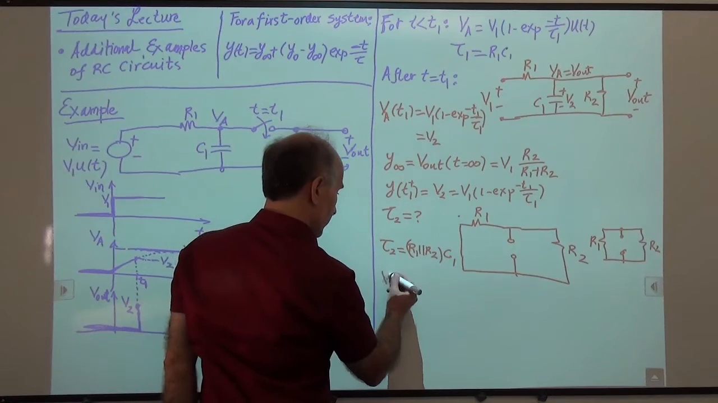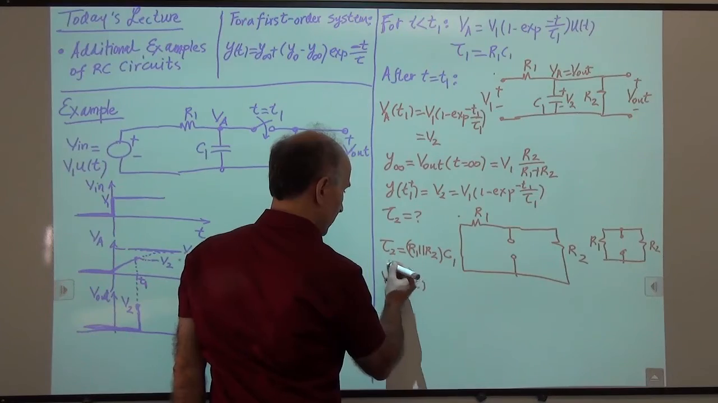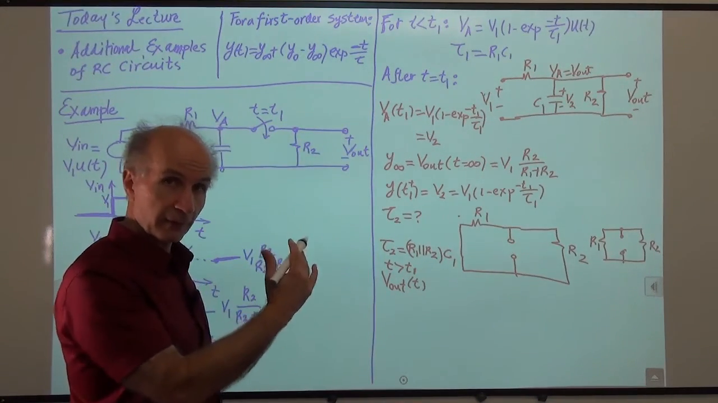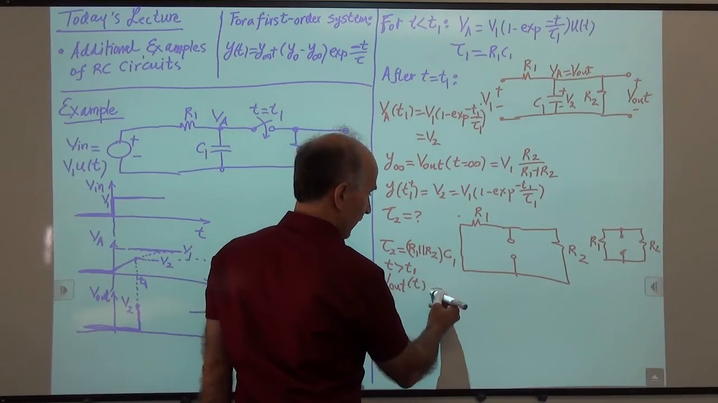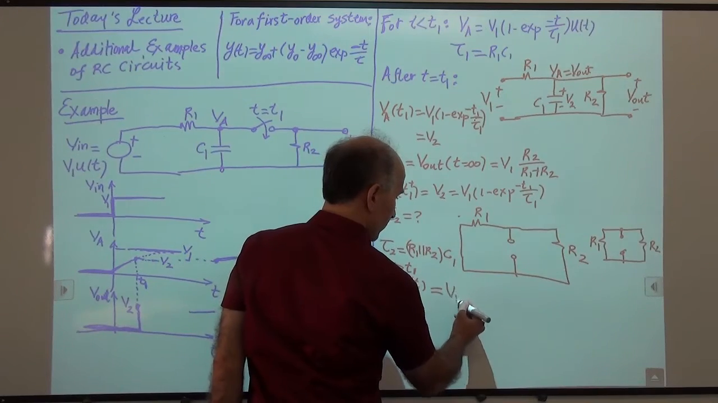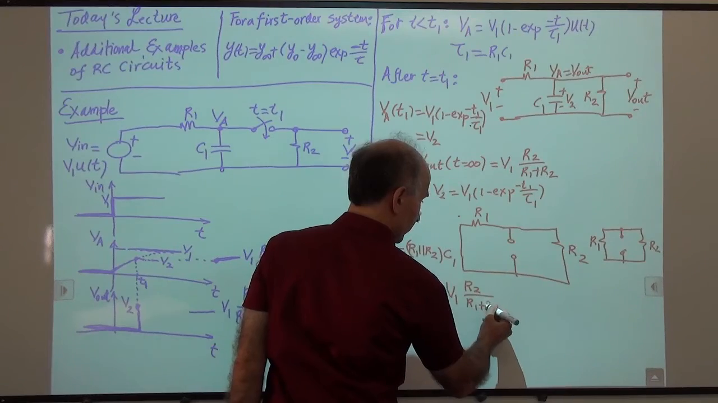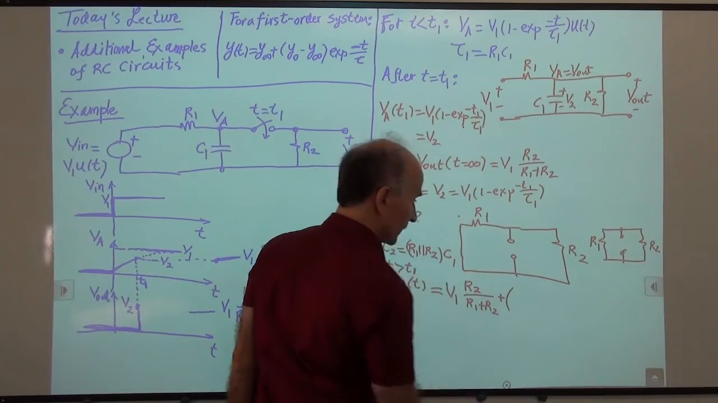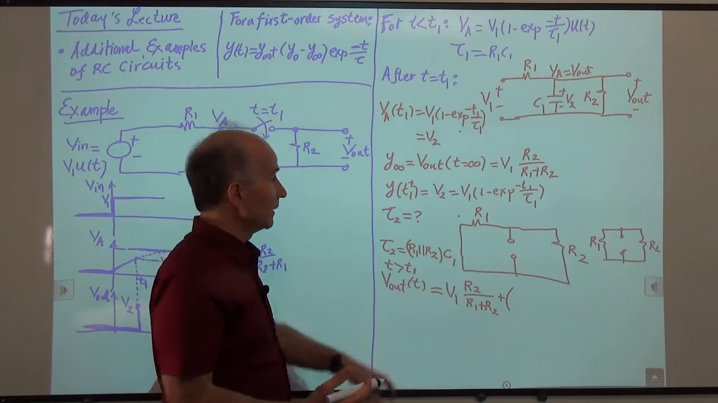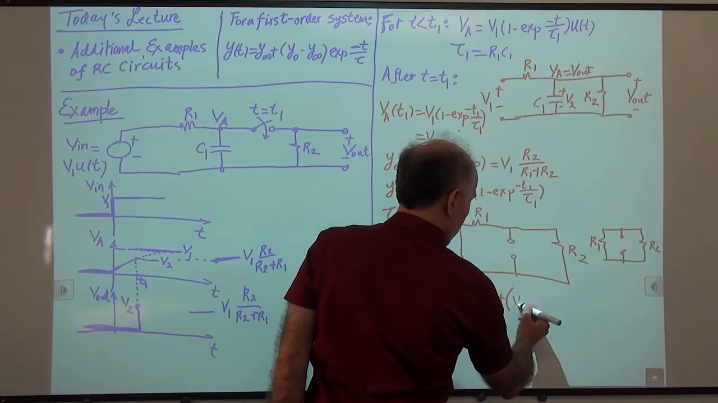So we say the output as a function of t. This is for t greater than t1, right? Before t1, the circuit was different. So we have the value at infinity, which we found to be this much. So V1, the height of the step, times R2 over R1 plus R2, plus the value right after the switch turns on, which we call T1. V of T1 plus, that's this value. So V1,